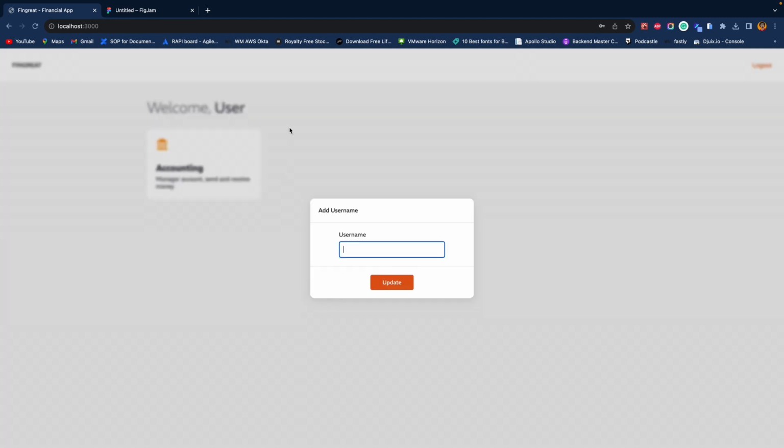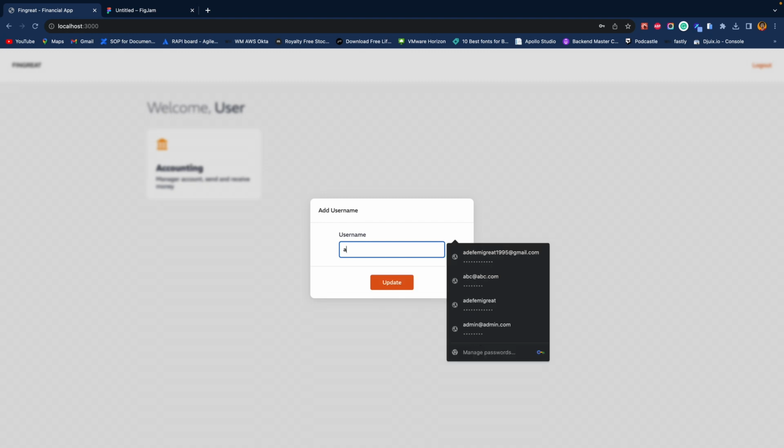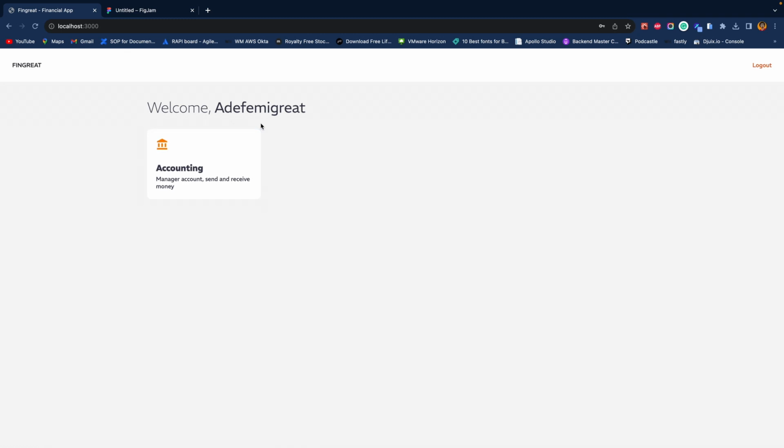So refresh. We get this page because we don't have a username. So let's make a request with our username. Here we're going to have FinGreat, like that. And update. And now we get this. However, one thing I noticed is that our toast did